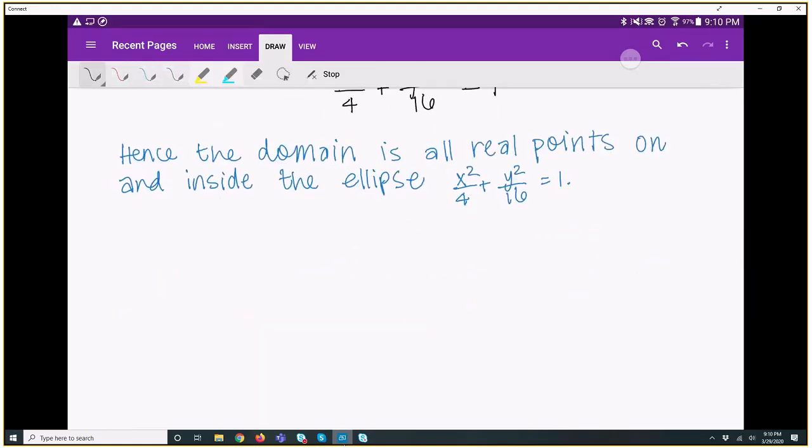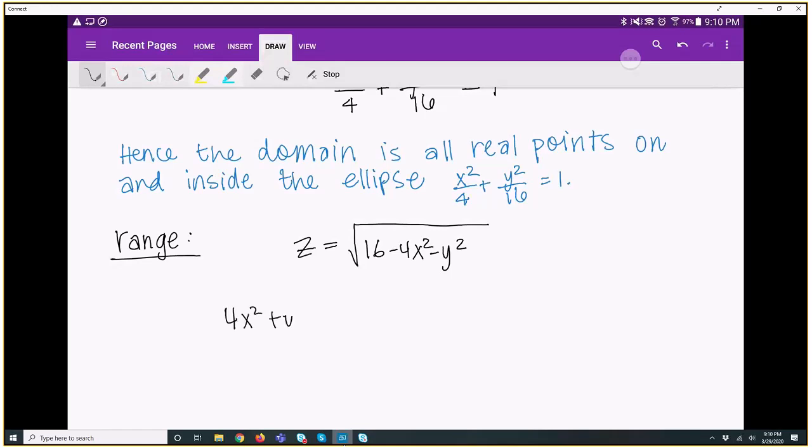And now that we know how our domain is restricted, we want to think about the range. And so we're talking about the possible outputs now that we know the set of possible inputs. So I'm going to let z equal f of x and y. So z equals the square root of 16 minus 4x squared minus y squared. And because we saw when we found the domain that 4x squared plus y squared was less than or equal to 16,